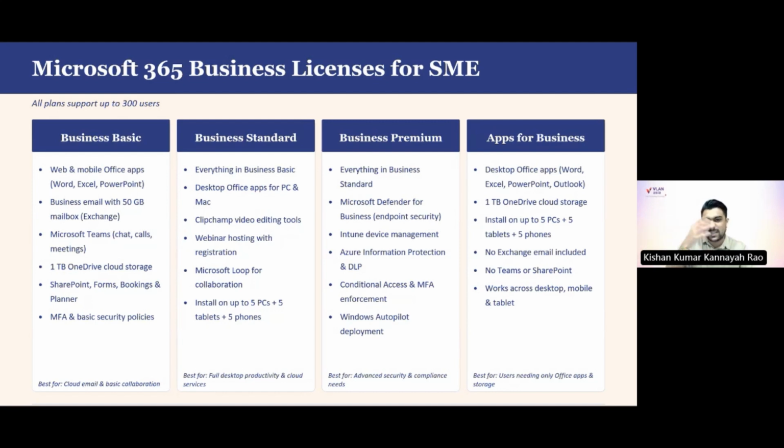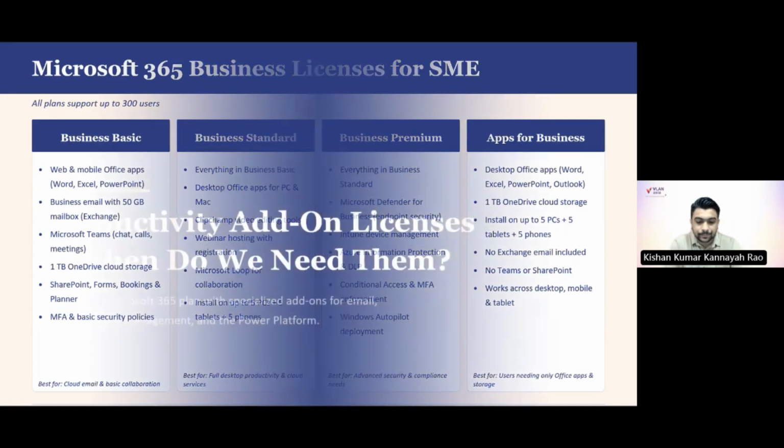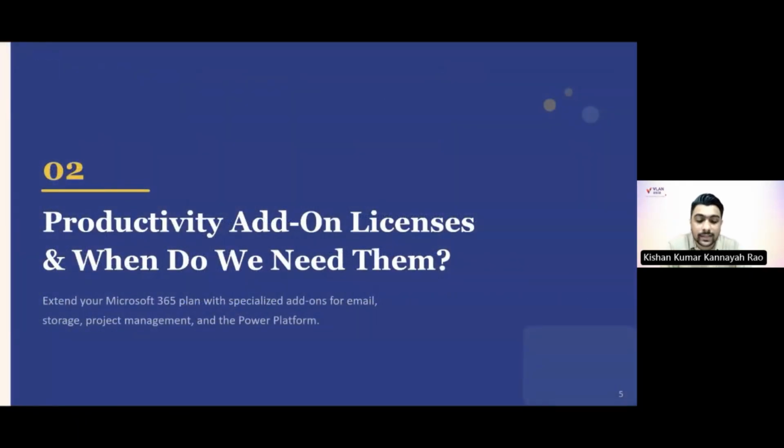If you are on Business Basic, maybe you can just purchase what we call your email defender first. So you just add on one license and then you secure your emails for the time being. You can actually go further from there instead of straight away jumping into Business Premium, which is $22, right? Okay. So first of all, one of the things we're going to look at is the productivity-based add-on